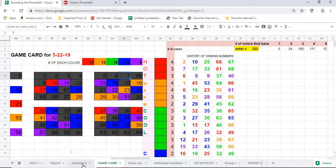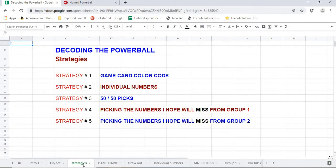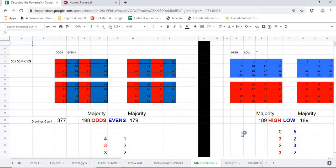Okay, so moving on to the next strategy, and that's strategy number 3, the 50-50 picks. What you're looking at here is what I call the 50-50 picks. So again, there's 5 white winning Powerball numbers, so there has to be a majority of either odd numbers or even numbers, or numbers to the high side or numbers to the low side. So I like to keep track of that and try to correctly guess what the majority will be